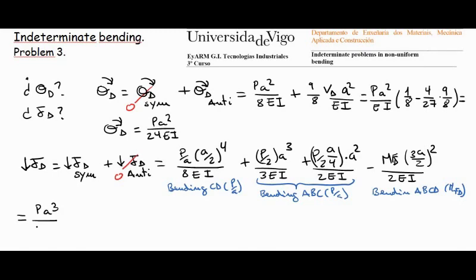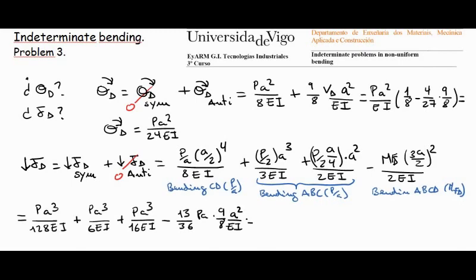So PA cubed divided by 128 EI plus PA cubed divided by 6 EI plus PA cubed divided by 16 EI, minus the bending moment, which was equal to 13 divided by 36 multiplied by PA, multiplied by 9 over 8 A squared divided by EI,